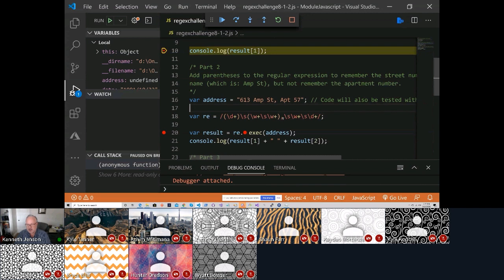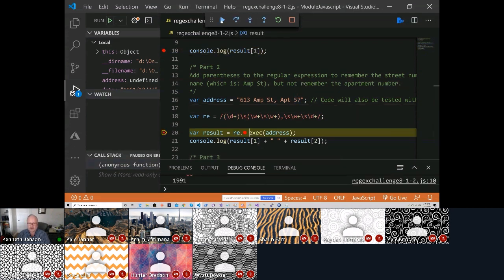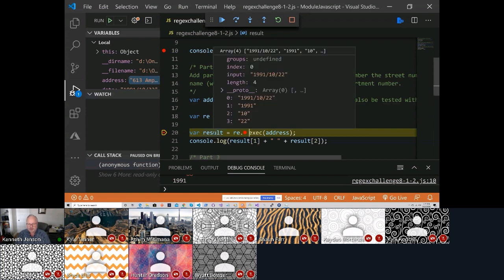Okay. It's matching the comma. And then white space. You want a space after it. Then I want one or more alpha characters, followed by a space or white space, followed by one or more digits. Okay, so let's go ahead and run this to the next one, and you'll see the result is,